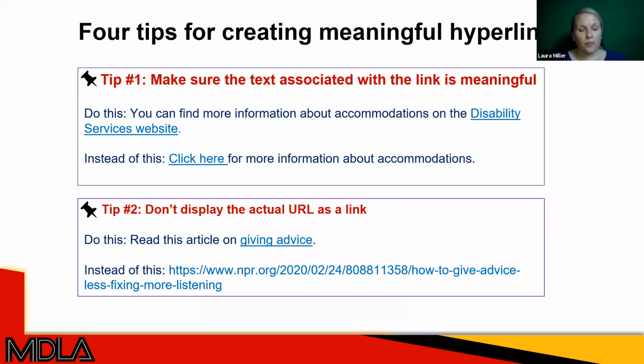So for example, we often see "click here for more information about accommodations." Say that was a line in my syllabus. Well, the only issue with "click here" is that not everybody can use a mouse. So actually that language is not inclusive. But by doing the example that I put above, you can find more information about accommodations on the Disability Services